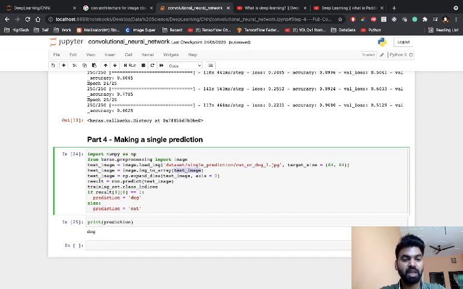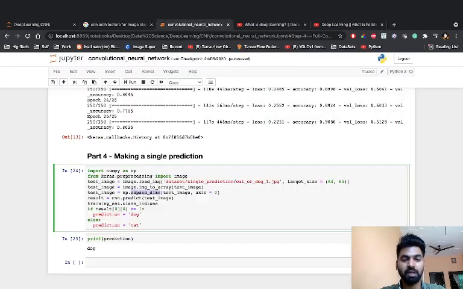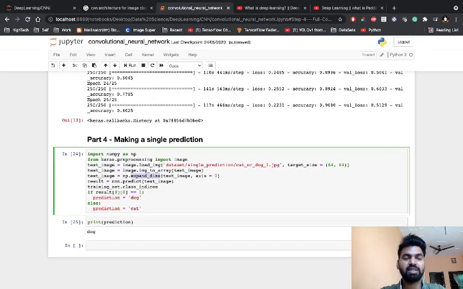Guys, suppose this is a single image, and now if I apply a filter here, at the end, near the border, the filter would cross over it, so somewhere it will go outside. Just to balance it out, we are adding an extra dimension, a fake dimension, along axis 0. After that we call the predict method, cnn.predict, giving that test image.